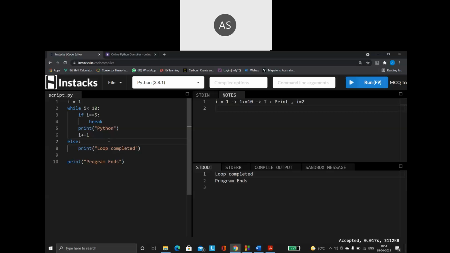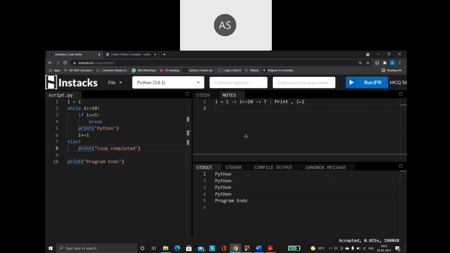Okay, I'll tell you. Remember one thing, else is also part of your while loop. Else is a keyword. This else statement also belongs to which one? It belongs to the while loop only, right? So when I say break, it will come entirely out of the loop. Out of the loop means even out of this else also. So it will not come to the else part at all. Please remember, whenever you are coming out of the loop using the break keyword, the else part will never get executed. This is one very important point that you have to remember.